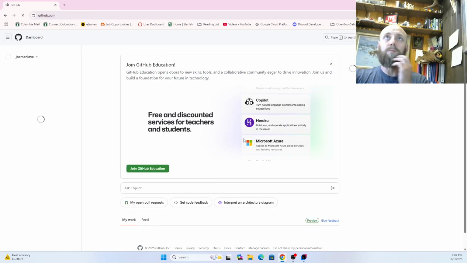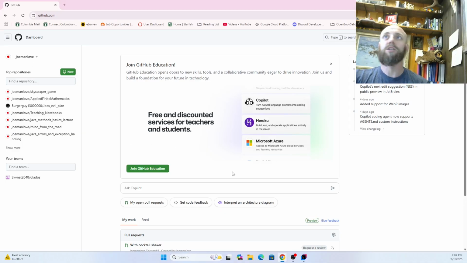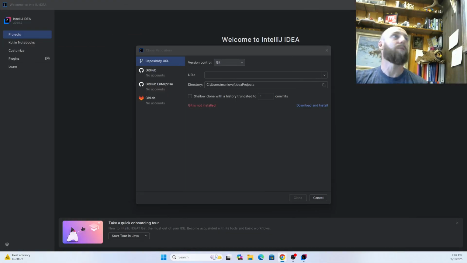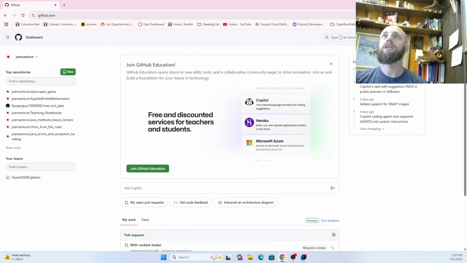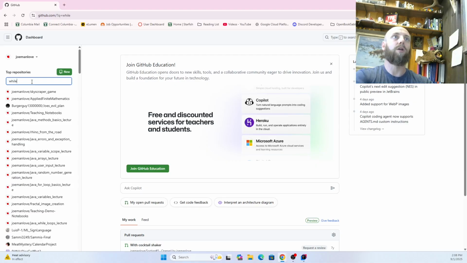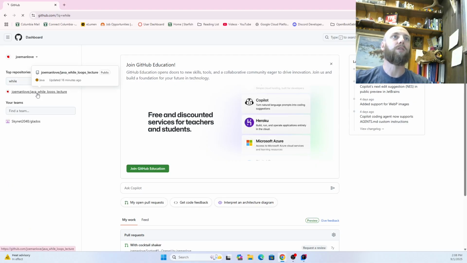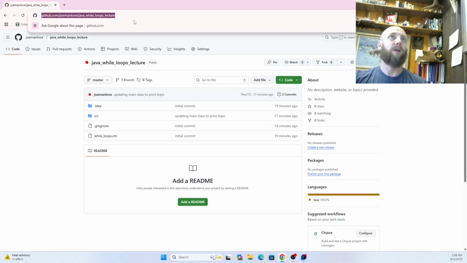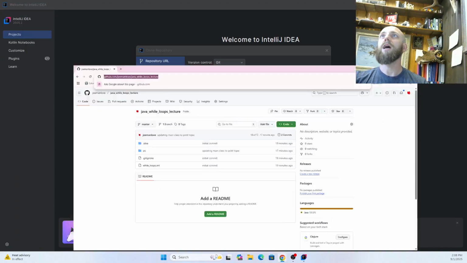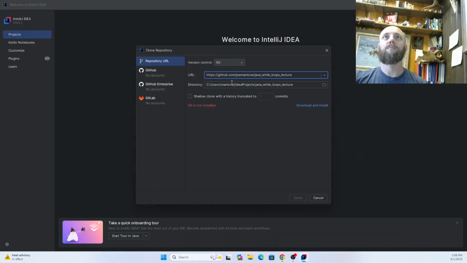Okay, and I don't need to add passkeys. Okay, great. So I'm logged into GitHub now. And I need to go grab my repository. That repository was called while loops lecture. So I'm going to grab that here, copy that, and drop that in here,